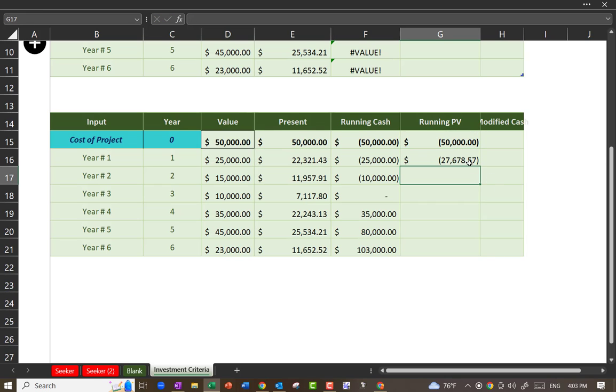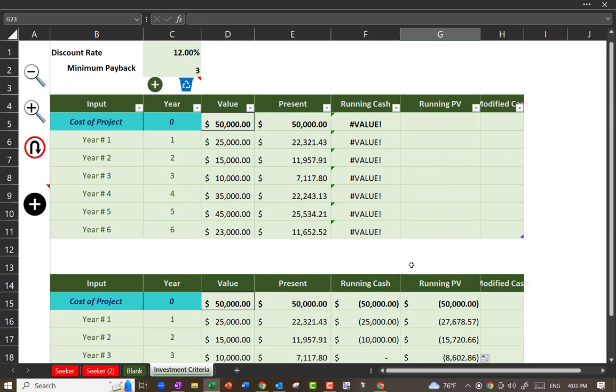Now, let's calculate some stuff. NPV, short for net present value. It's basically the sum of the present value of future cash flows minus the cost of the project. Luckily, in Excel, we have a function called NPV, but it doesn't actually calculate the NPV we want. It calculates the present value of the future cash flows. So all I have to do is